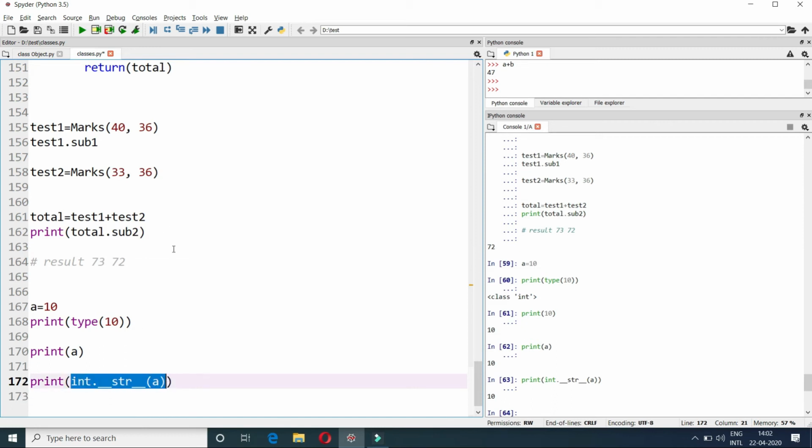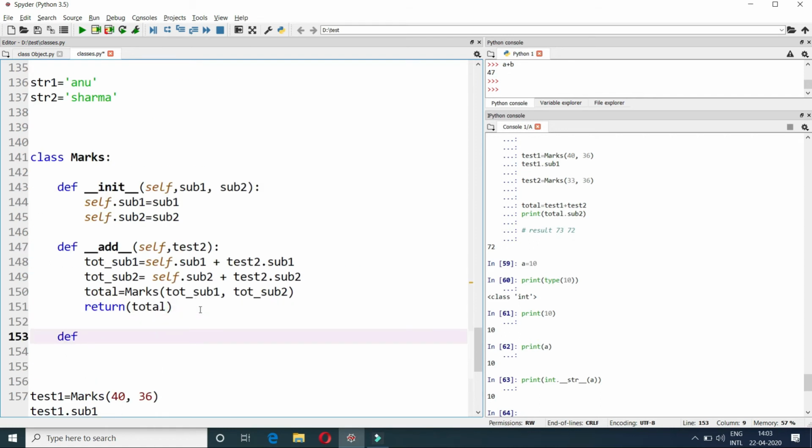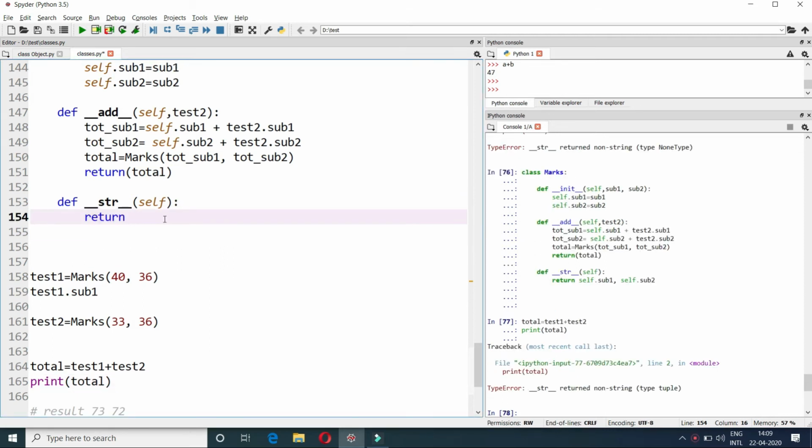So what you can do now is you can overload this method here to print your total, the value of total, whatever you want. Okay, so we'll be doing it here again. So here we have the def keyword, underscore str underscore, and then I'll be giving only one argument, that is self, because we want to print only total. So we will be passing only the object name here, self. Okay. So now we will return some value over here.